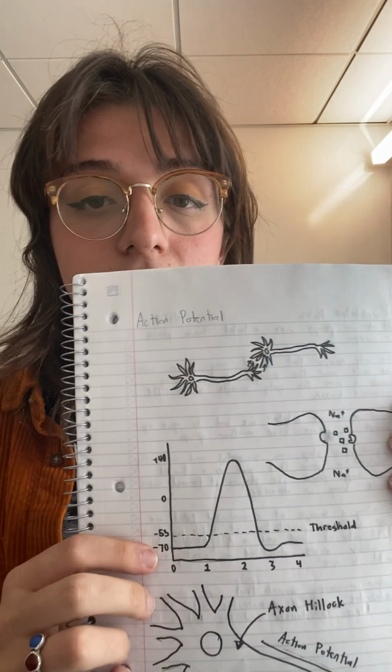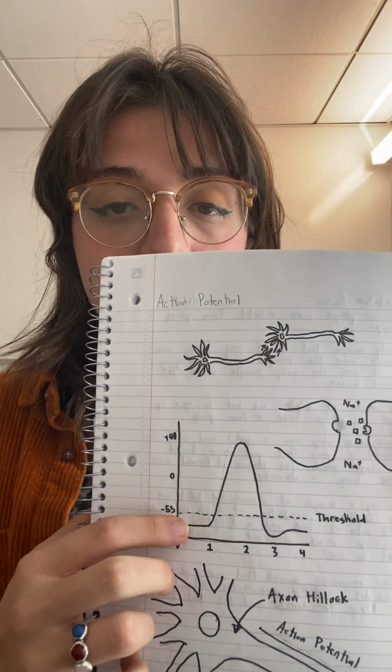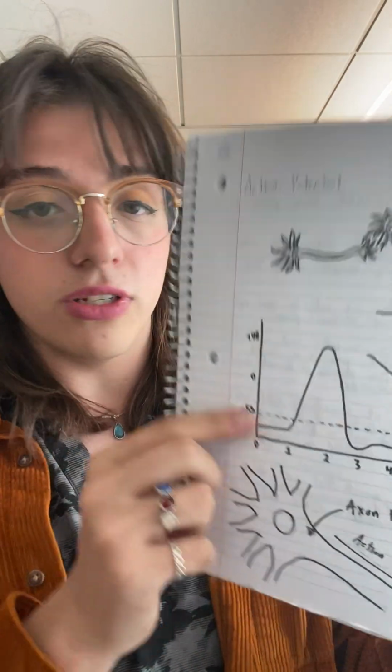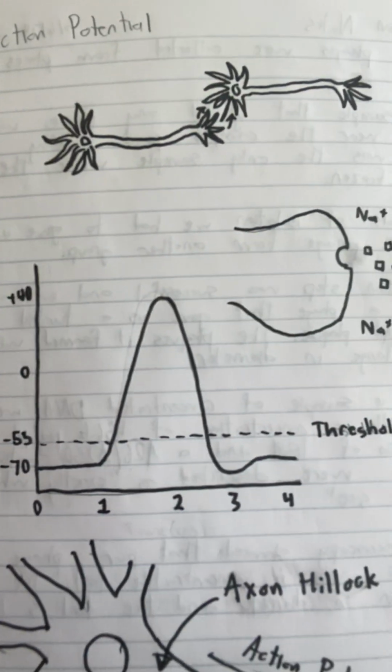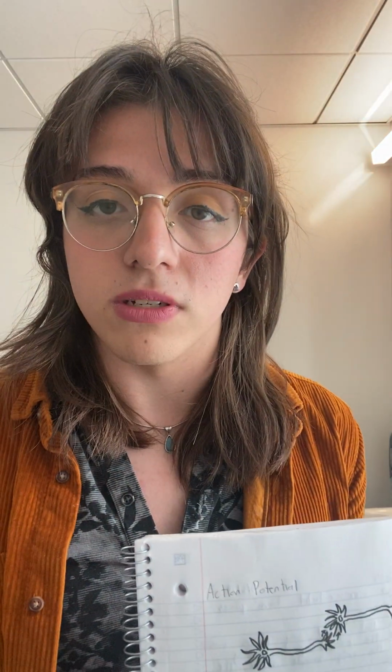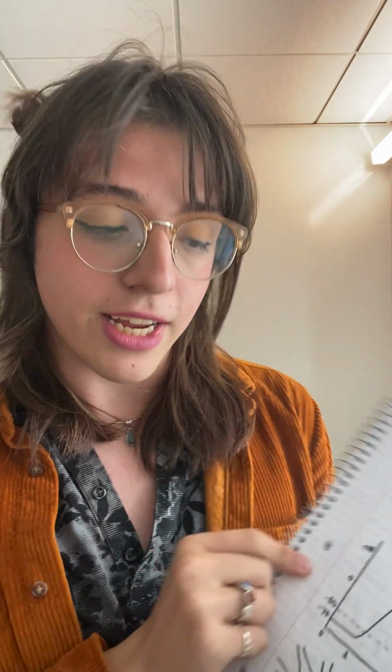So what an action potential is, it happens when a neuron, illustrated by this graph here, this is all going to be backwards, isn't it? Wow, that sucks. Okay, in any case,